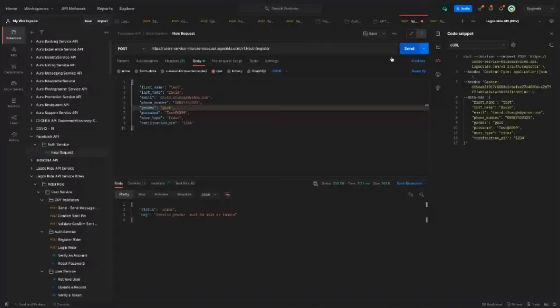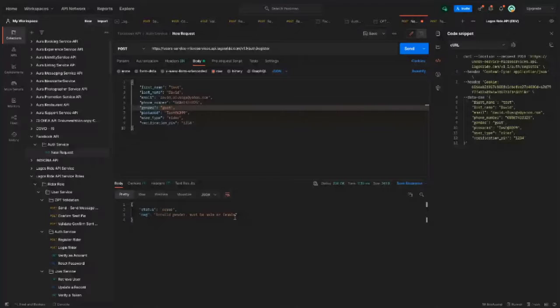So as a tester, imagine I send this request and it allowed me to register with the gender given as goat. You have to log this bug to say, okay, I could register with gender value given as goat instead of male or female. So this is a bug. But I was unable to register, so we won't report this as a bug. The application gave me the response as accepted.